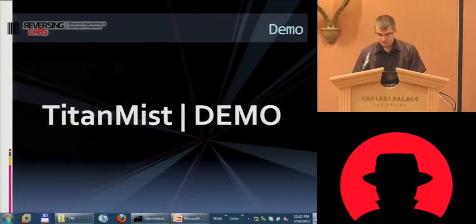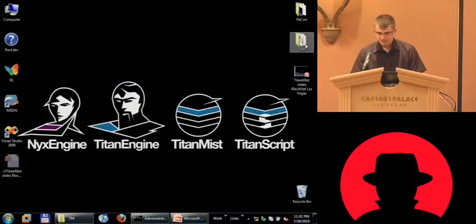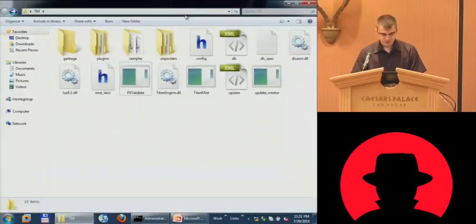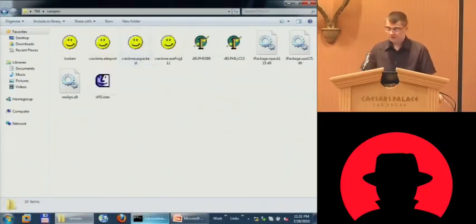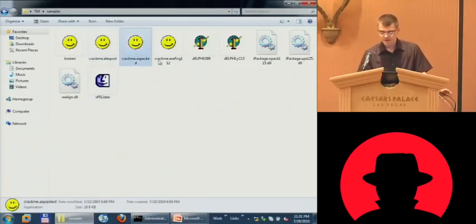TitanMist works. We gave our sacrifice to the demo gods, so I'm hoping they're not going to abandon us now. So we have some samples there. Have one file which is broken. We have files that are packed with different kinds of packers, which we have Alex Protector, we have ASPack, we have EXEFog, we have TLock, we have Yoda Crypter, we have Unpack, UPX, and we have some other settings with